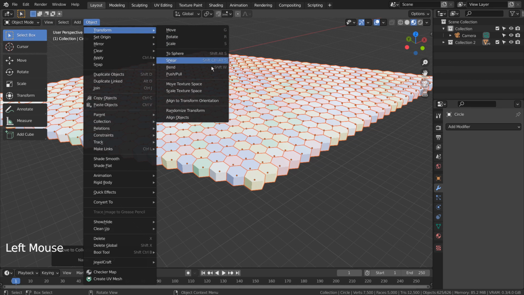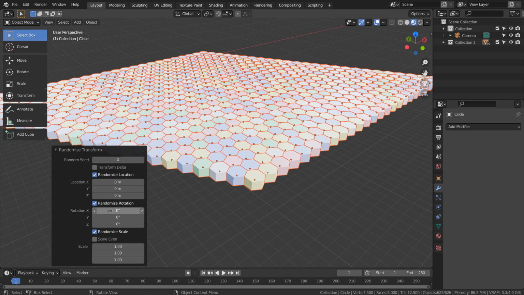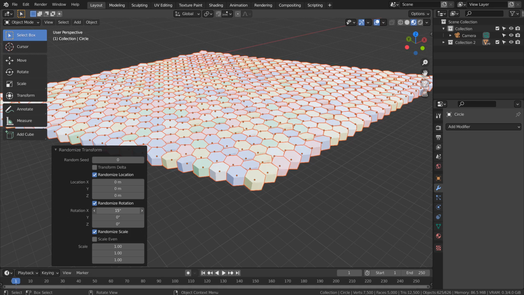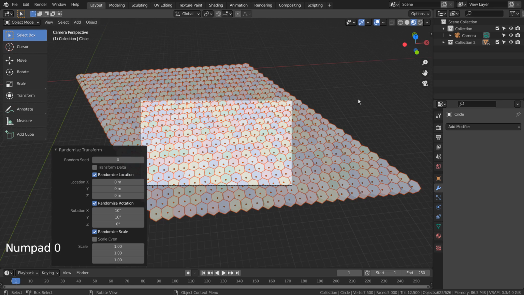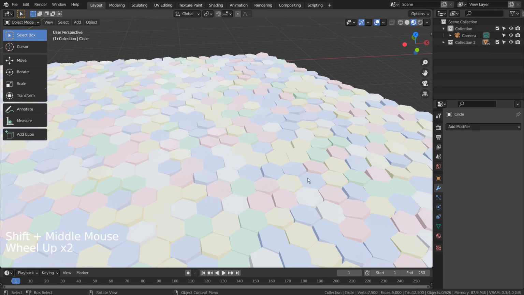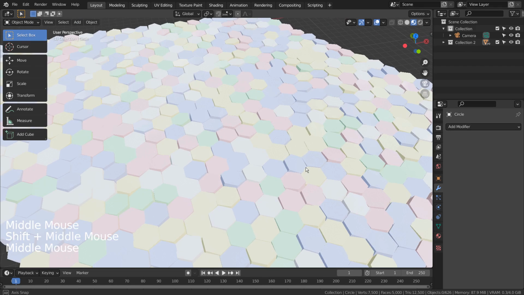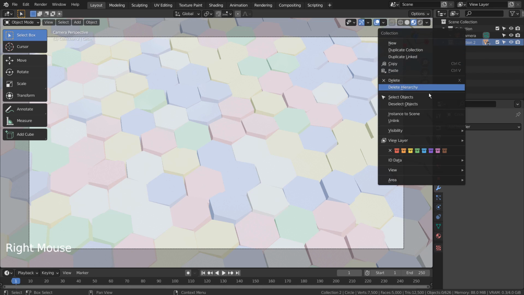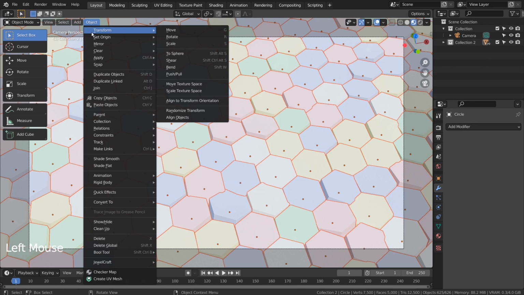Time to random transform. Let's random transform once again.